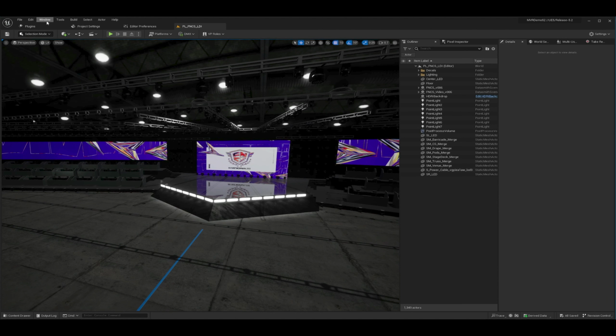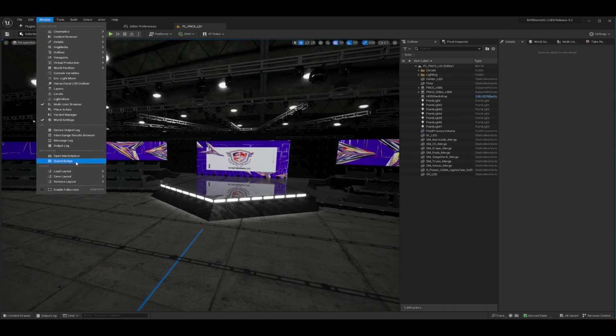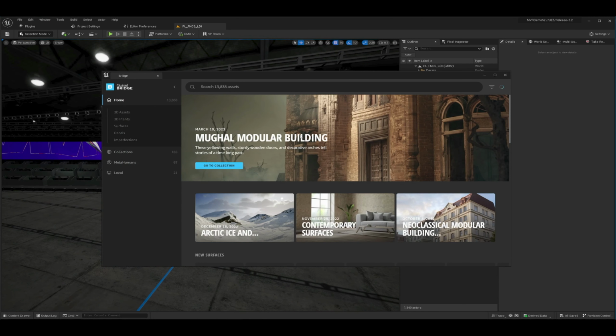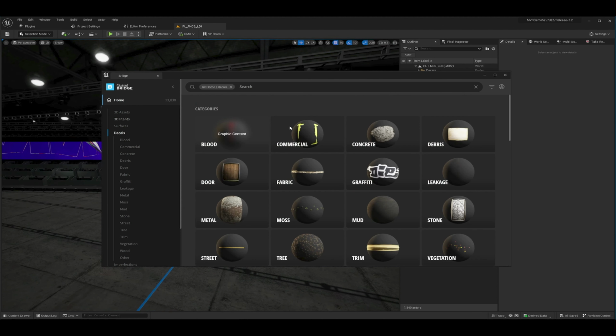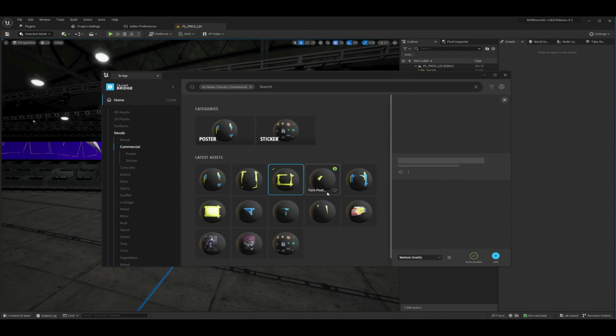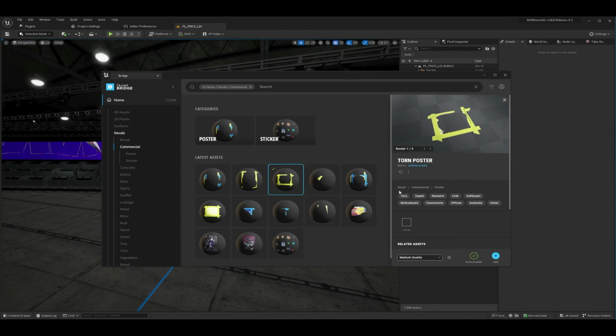One that I wanted to highlight really quickly, as I mentioned, was Quixel Bridge. Bridge is a really awesome addition to our tool set where you can get access to all these textures, decals, surfaces, etc. So let's just say I wanted to add in another decal, and I've already downloaded this torn poster, so it's ready to go, but otherwise I can just click download.